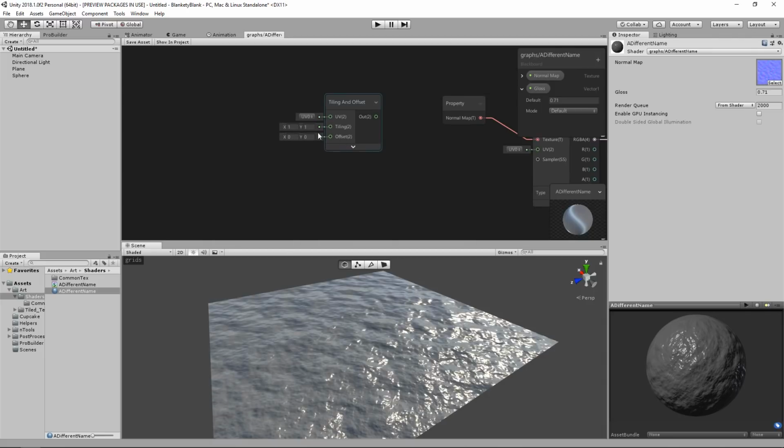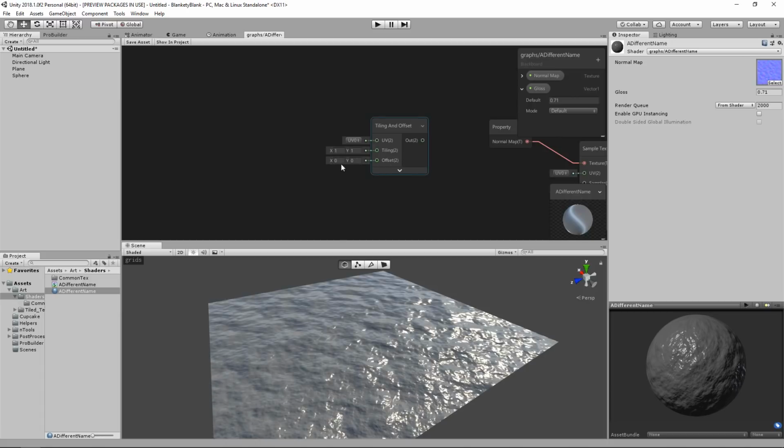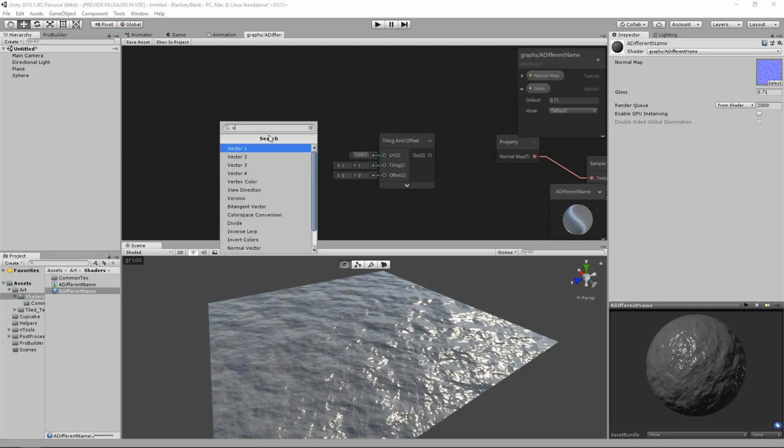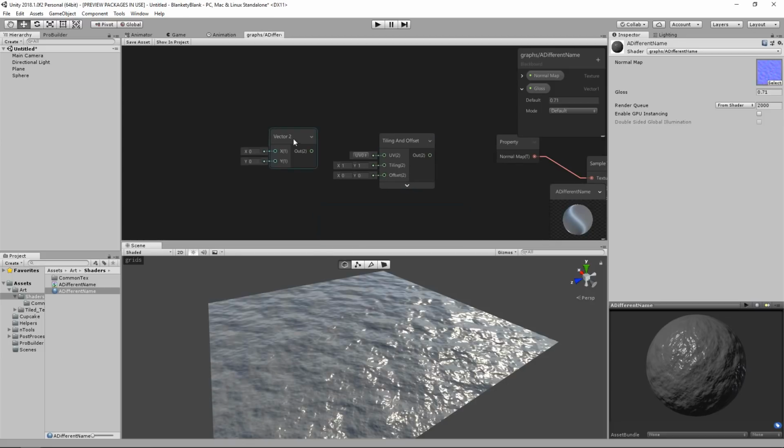So we want to just basically animate one of these values. So we want to plug in our own vector 2 into this, and so we want to go vector 2, and again it's just x and y, so we will specify just the y for now, and we'll hook that into the offset. Sorry, no, wait, we don't. Sorry, that's my bad. We don't want to put that straight into the offset because we need to be using